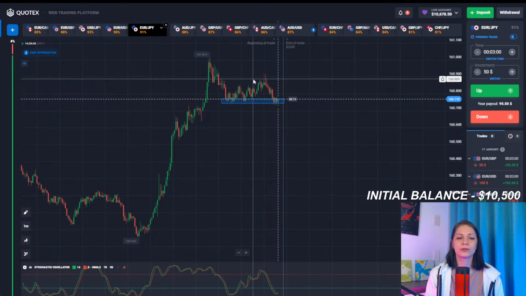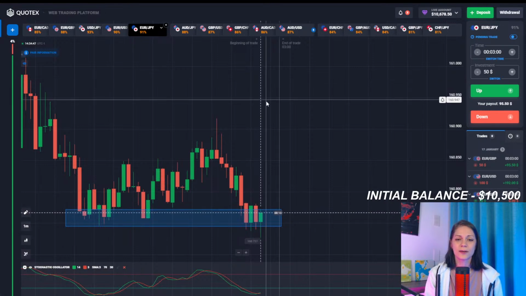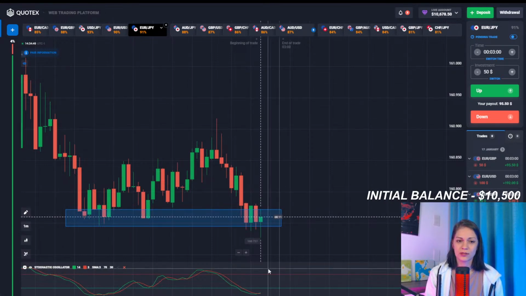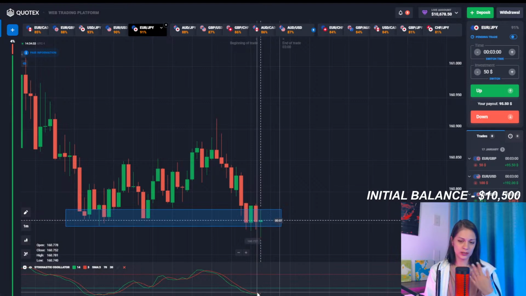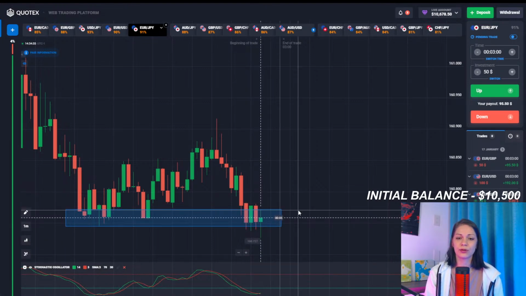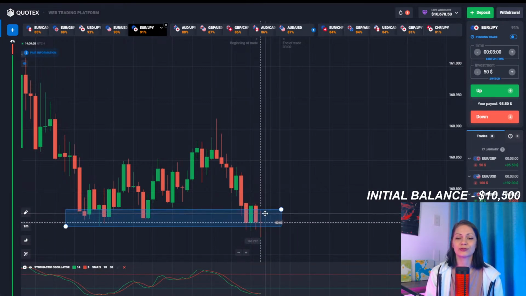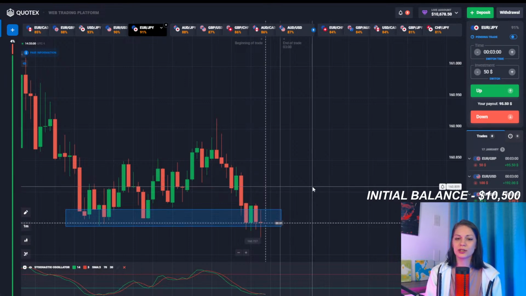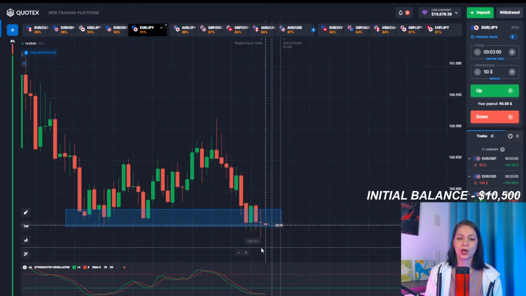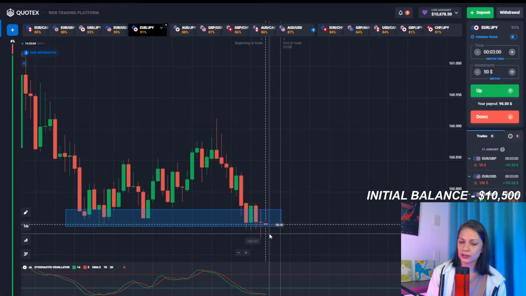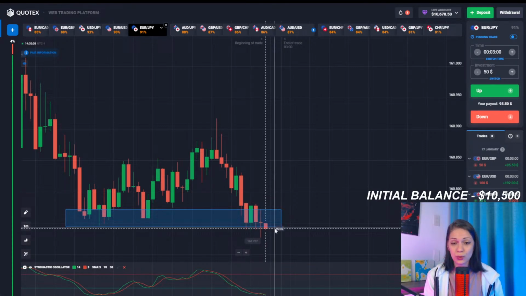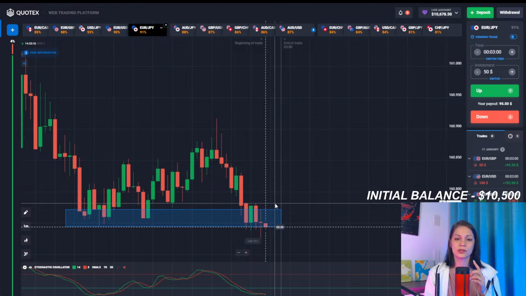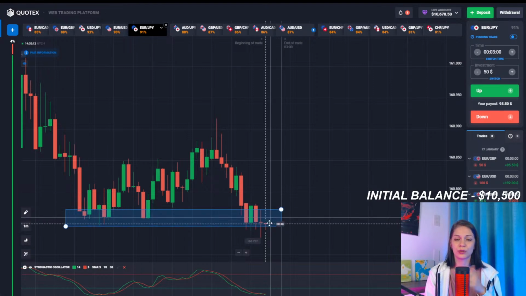Of course, we globally see the uptrend, and we have the support zone right here. Stochastic additionally shows us that the price is below the level of 30, and most probably the price is going to rise. But we still need to look at the candlestick that's going to be closed in a green color, because the price still could break through the level and go even lower, because inside of the level you see the price movement in a weird way.